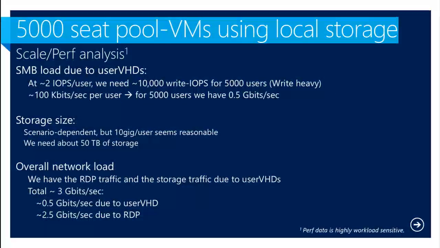The load on the centralized server for the user settings is significant, though. It's all relative, of course, but 2 IOPS for 5,000 users says 10,000 write IOPS on your central storage. So if you're configuring with user VHD, a typical SMB server with typical storage probably won't do it, because the VMs are running really live from this shared storage,